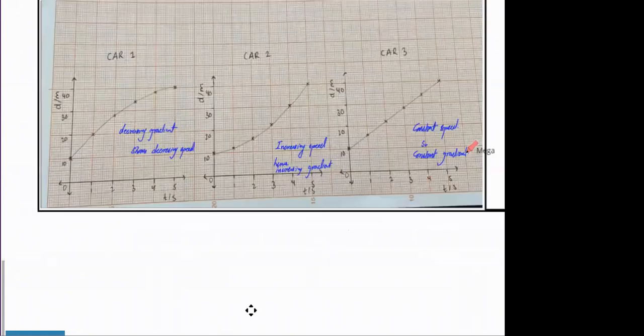Now, let's move to the next topic. Today, we'll be learning about motion and different aspects of motion. Now, speed can be constant or uniform. If speed is constant or uniform,